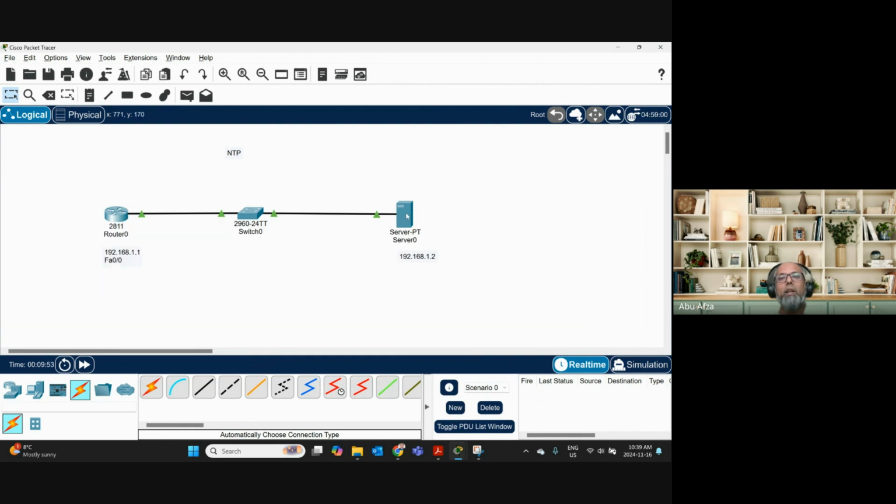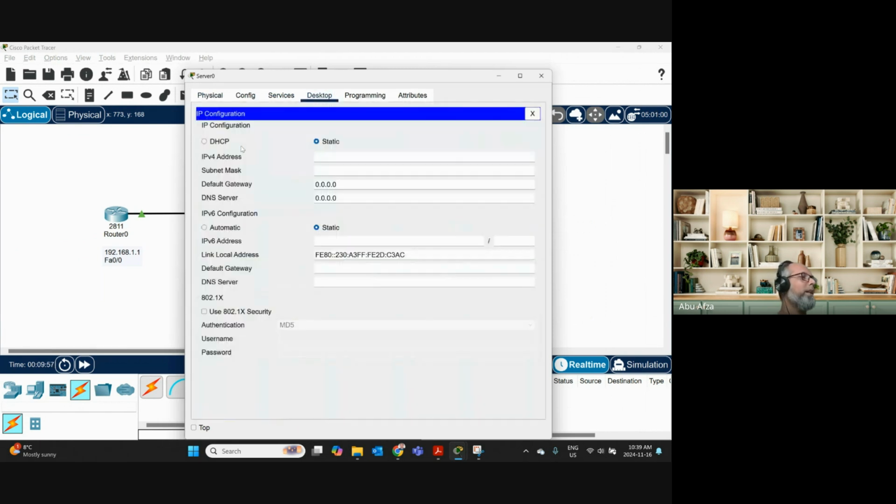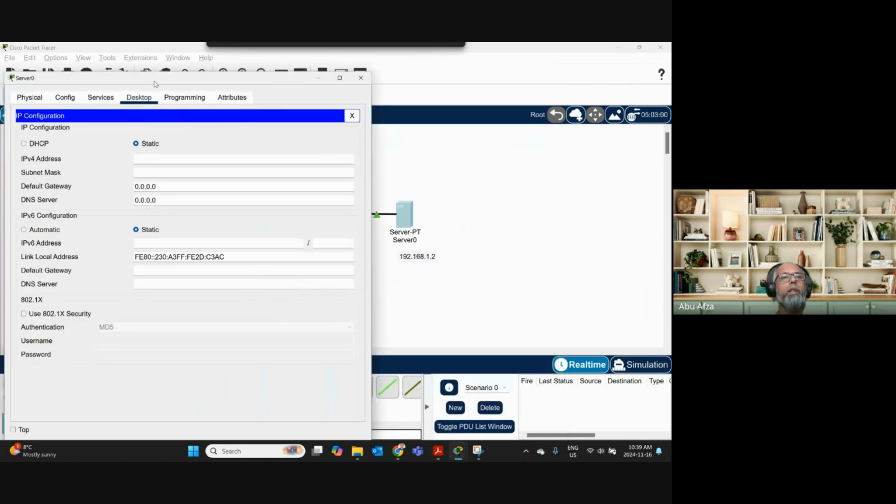Now let's come here. Let's go to Desktop, then IP address. Now we need to write down the IP address here. What is the IP address? This one, 192.168.1.2. By default, one subnet mask will become